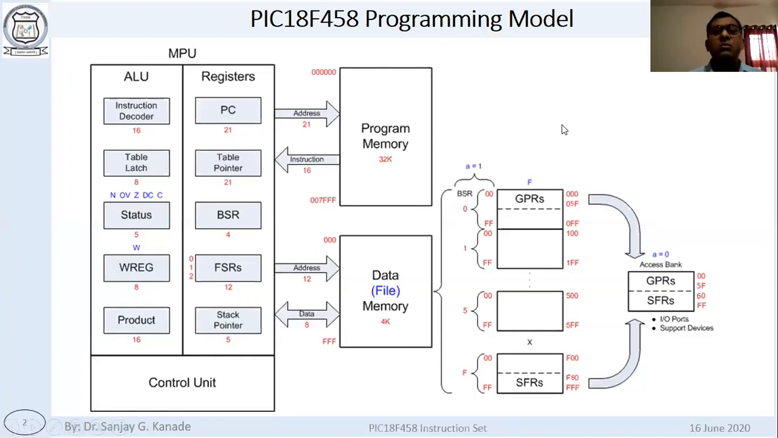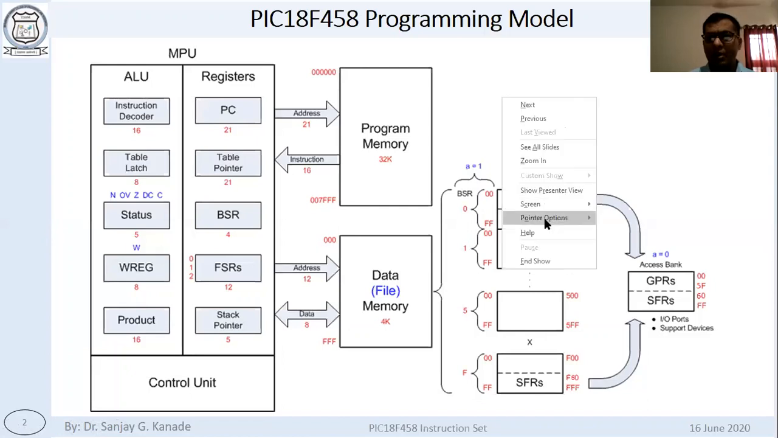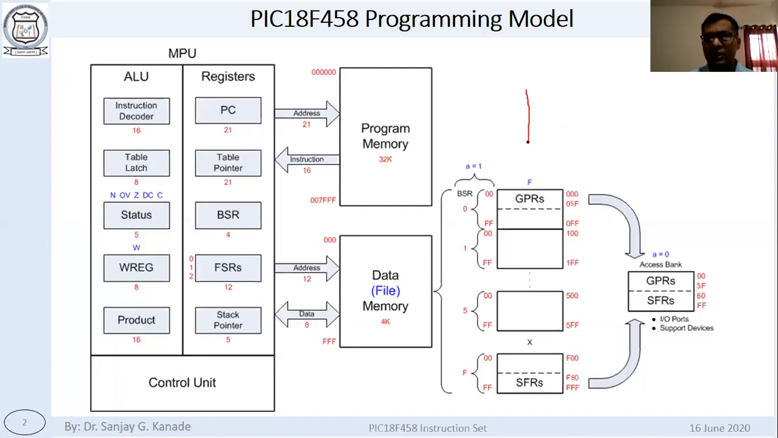Okay, I will reopen another PPT where I can show you this diagram. You remember this diagram? In this section we have the data memory, and what is given in the instruction was